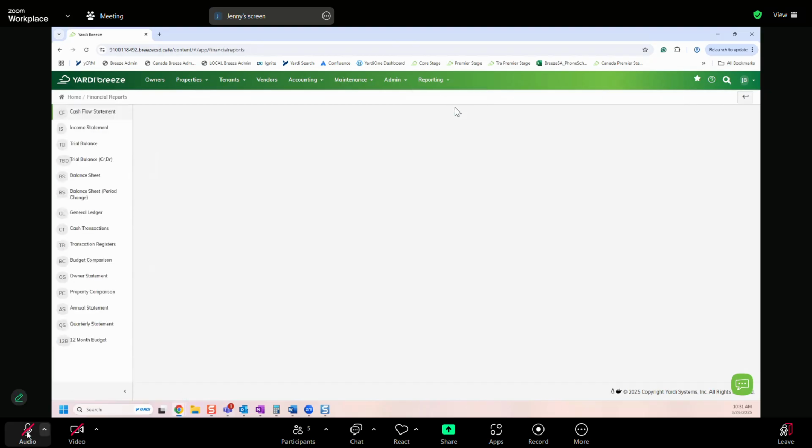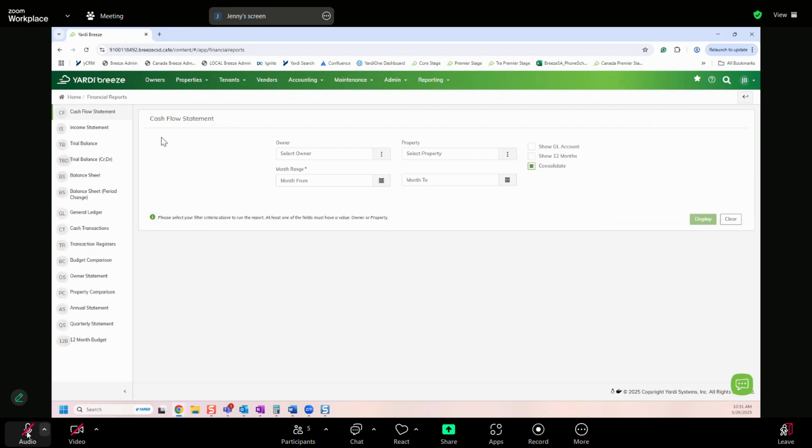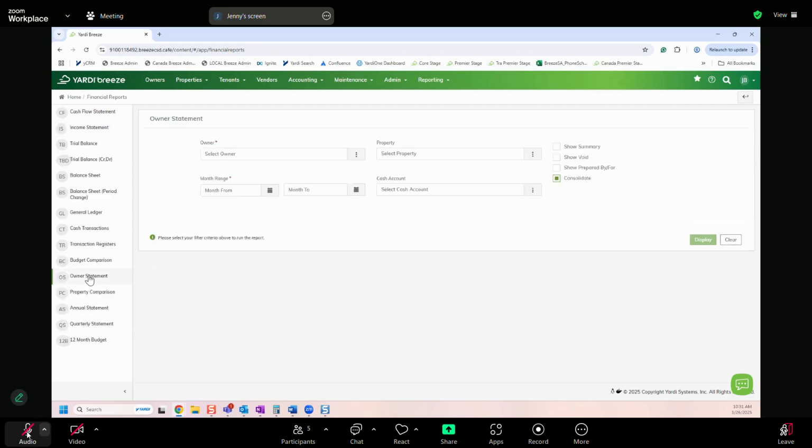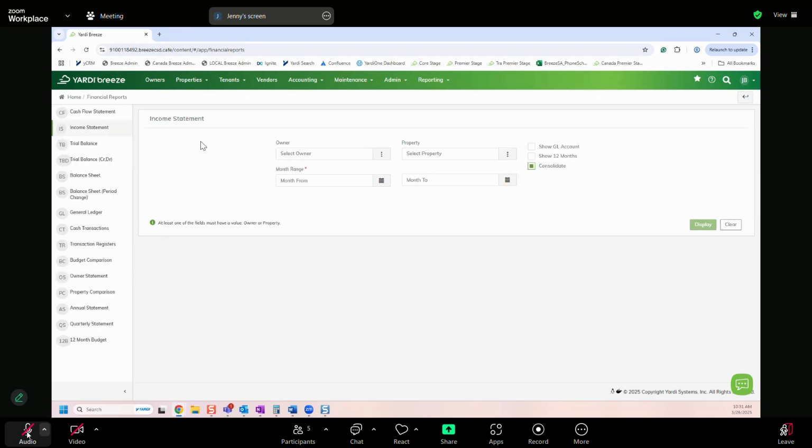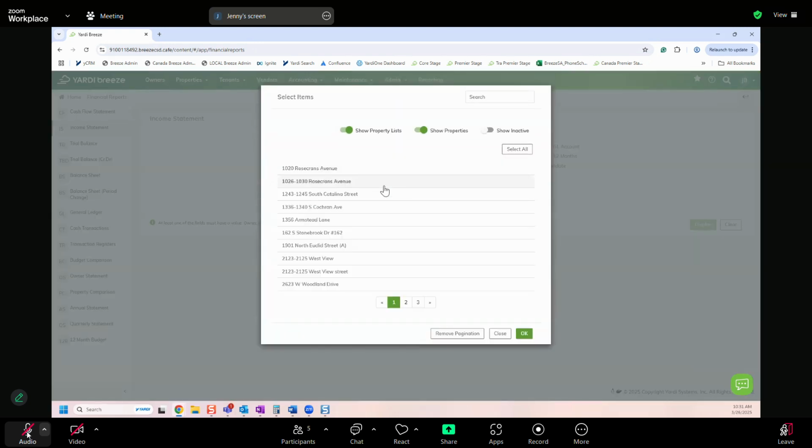So if you would like to look at this for the residential property, you can provide the income statement and the owner statement to the landlord. For the owner statement, you're going to select the month range and the property. And for the income statement, you also have the ability to select the month range. So for example, if you would like to look at the property for the whole year of 2024,